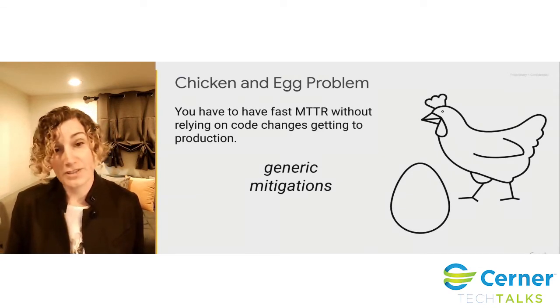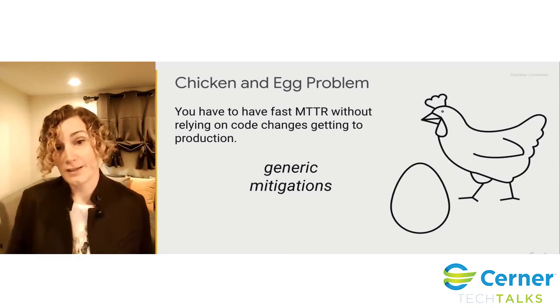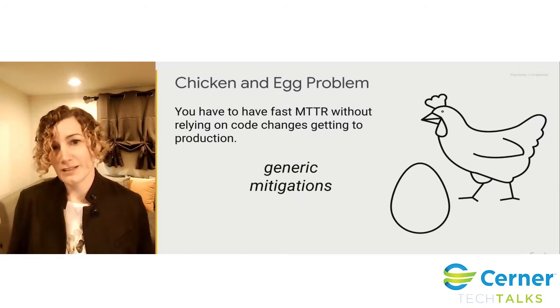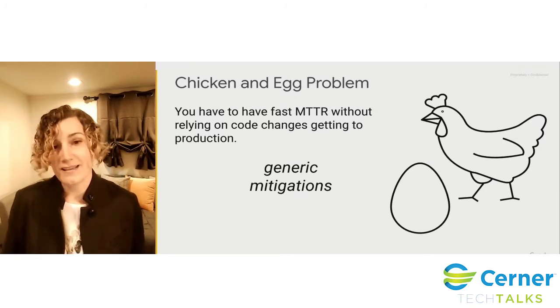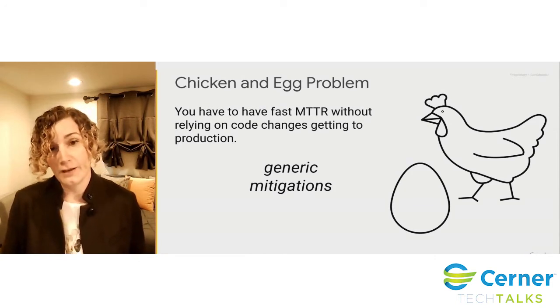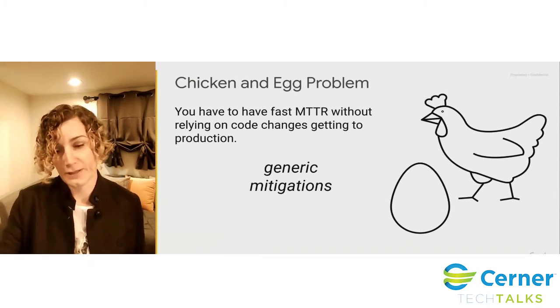And a good example of a generic mitigation that a lot of people already do is push button rollbacks, right? Most likely something changed. That's what caused your outage. So the ability to go back to the previous version of the system before that change is probably the fastest thing I would call generic mitigation, because you don't actually have to know which line of code broke the system. You're just going to roll it all back. But we'll talk about some other ones, more interesting ones, as we go along.